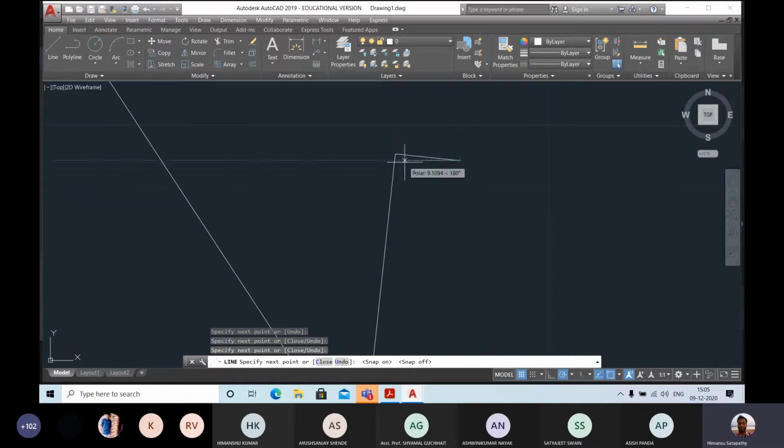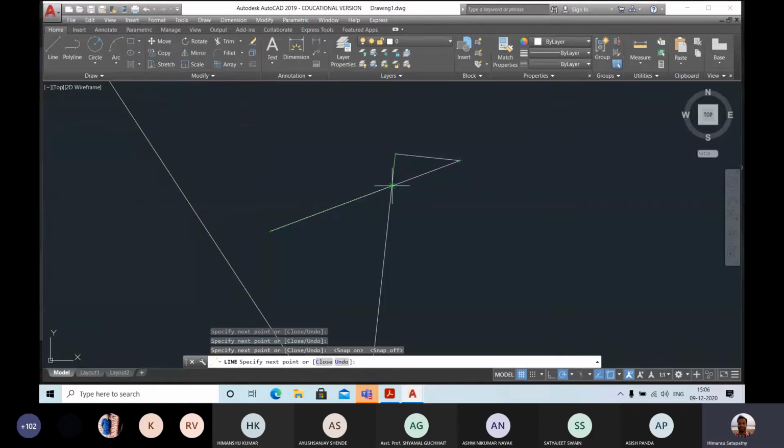Similarly, you can see when I want to go to this location, I can see a green box. Okay, I can go for a green box. This is my green box option. O snap. This is called your object snap. You can see when I want to reach the point, it shows me the starting point or ending point. This green line helps to guide me to the location. This is the cross mark. This is called your object snap option or F3.